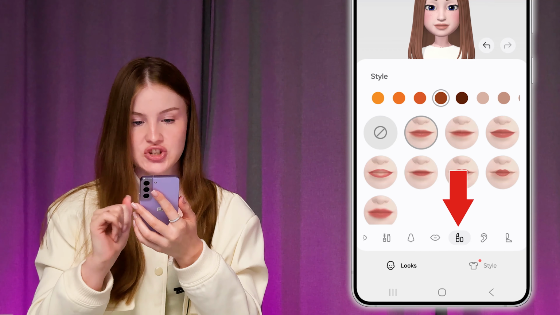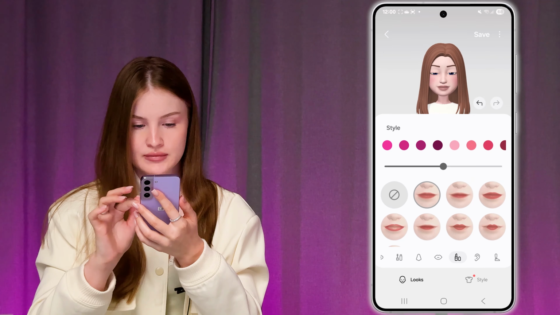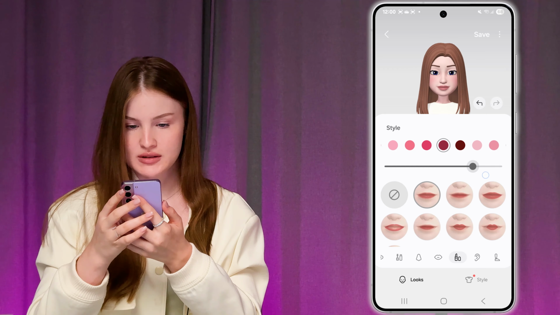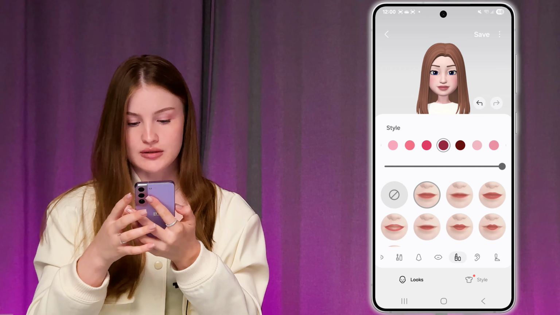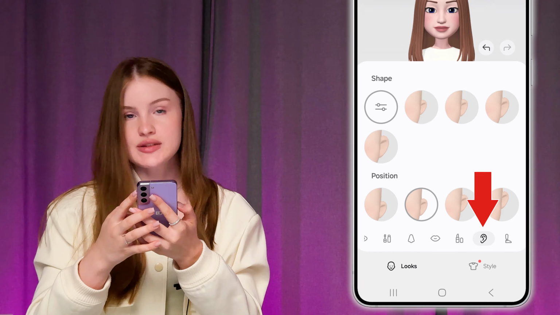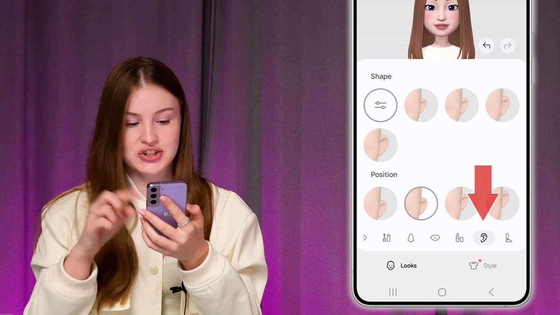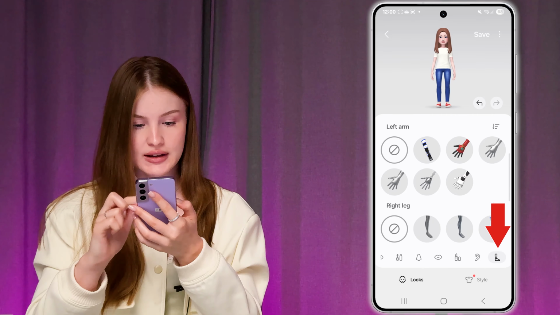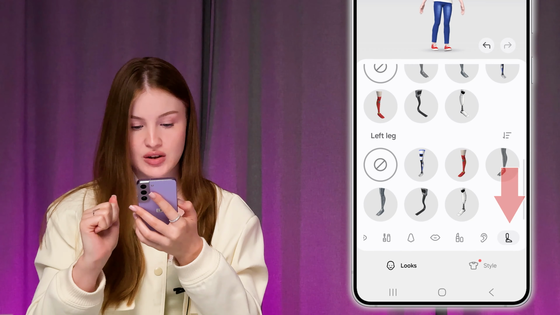If you need to, you can change lipstick. Let's just take a look at what we got here. Maybe this one. Yeah, let's do this one. Now, if you need to, you can change your ear shape, position, and then go ahead and customize your legs